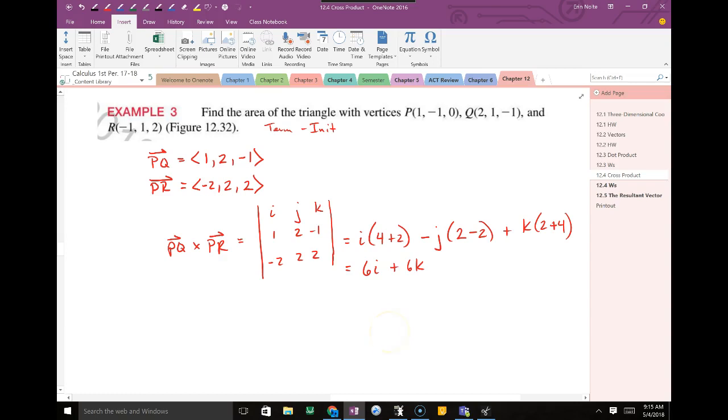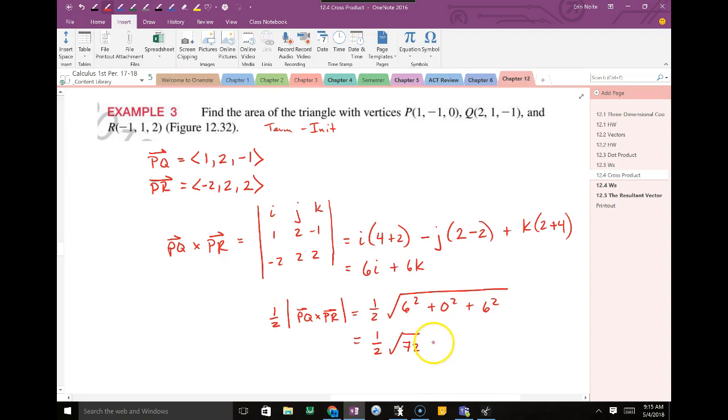Okay, so that is my cross product, but if I'm trying to find the area of a triangle, how do I find the area of a triangle? 1/2. Okay, and then we have to do the magnitude of this piece that we just found. So I'll do 1/2. The magnitude is just x squared plus y squared plus z squared. So what's my x? 6. What's my y? 0. Good. And my z? 6. So I end up with 36 plus 36,